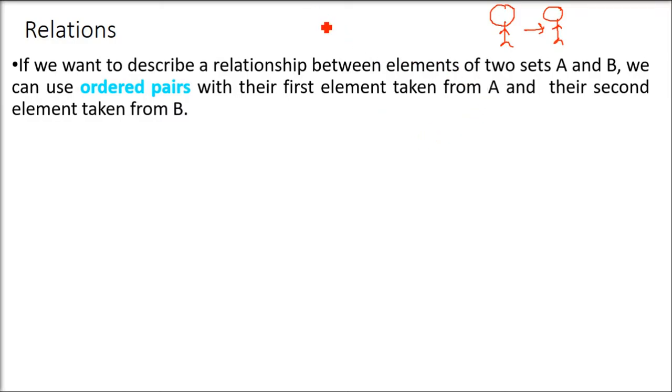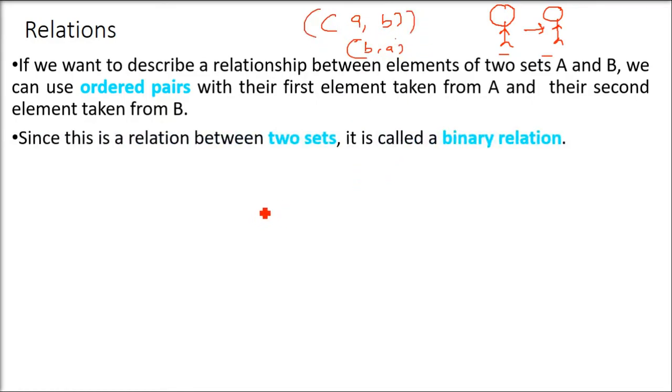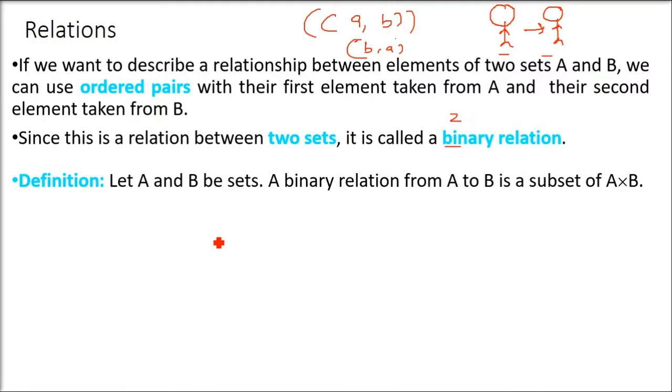So we have a set A. Set means a combination of elements. We take an element from one set and an element from the other set, say set B, and we make an ordered pair, one from this set, one from that set, and we call it A comma B. That is called an ordered pair. Pair means two. So AB is different from BA. Since we are talking about two sets, this is a binary relation. Bi means two. Two sets, binary relation.